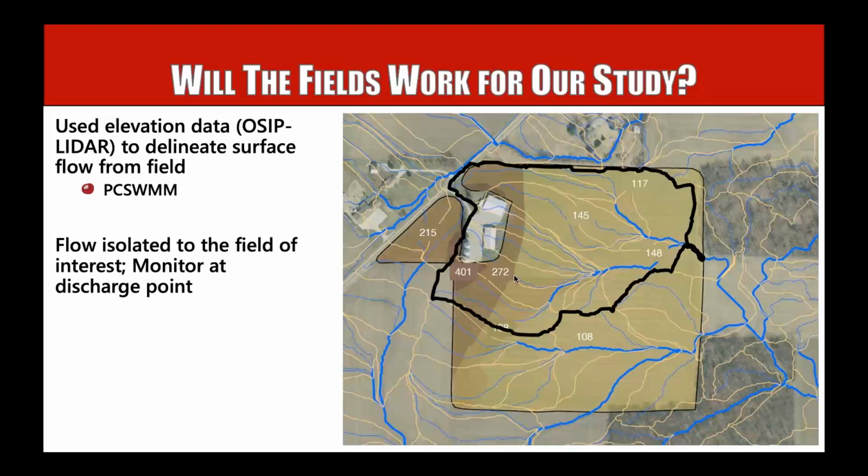So that's pretty tricky. It's pretty hard to find fields like that. And then ideally, there's just one drainage point from that field so that we can put in one monitoring location. So those are some of the things we looked at. We also had to look at, is there enough room to monitor? Is there enough room for a management practice to go on the edge of this field? Is that possible? So there are quite a few things that narrowed things down pretty quickly, in addition to finding farmers that were willing to work with us and interested in the project.